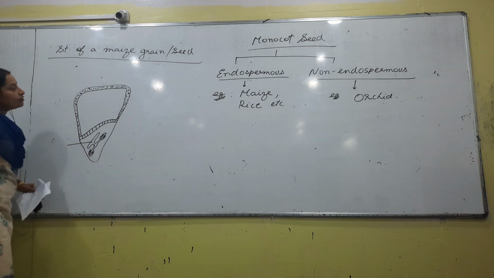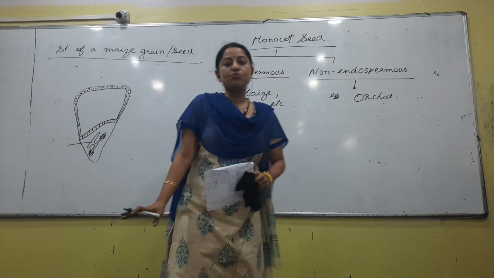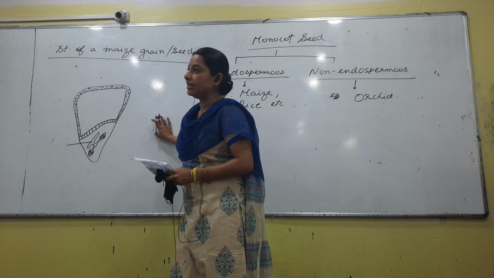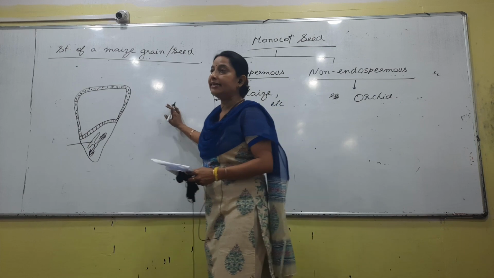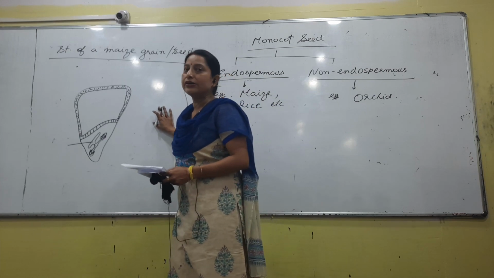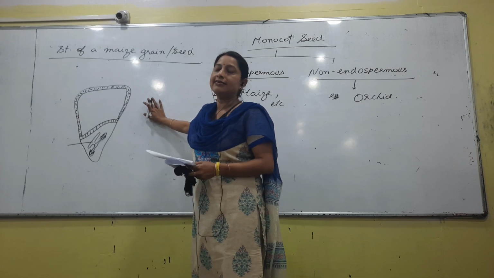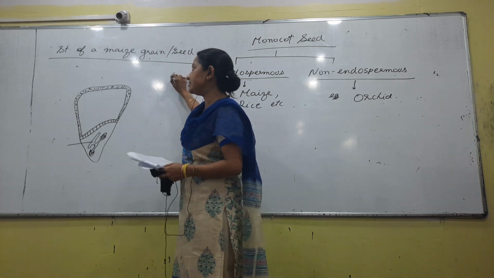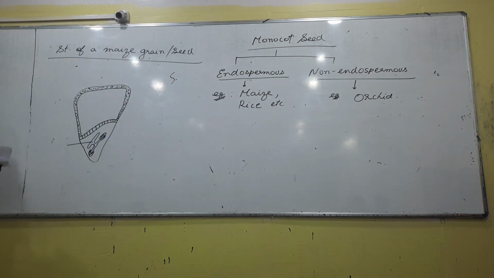When we are talking about a maize seed, for those students who have already read this portion or have an idea about the maize seed, one very important word related to the cotyledon of a monocot seed. Maximum questions are asked on this. The single cotyledon in case of a maize seed is called as something that starts with S. Heard about it? Scutellum, right?